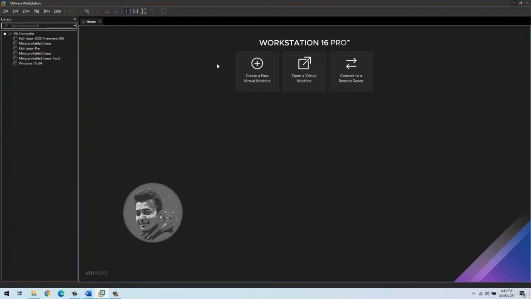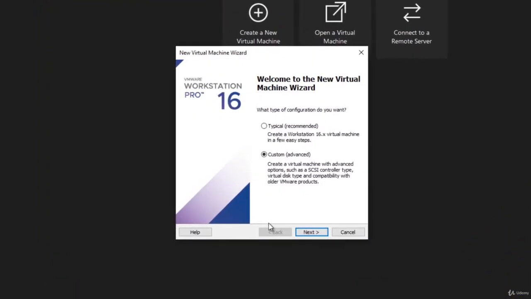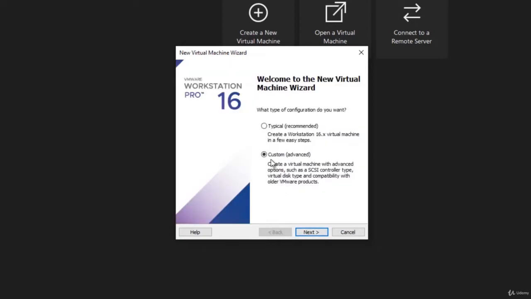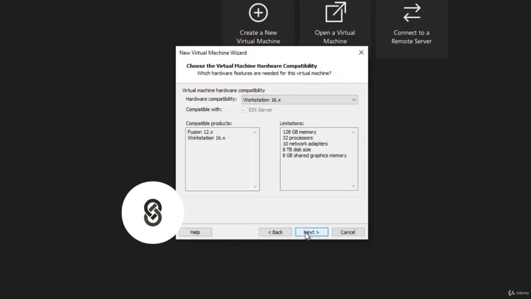the same machine using VirtualBox as well. The process is very similar, so you just have to use VirtualBox rather than VMware. It's up to you, it's your choice. I'm using VMware, so let me create a new virtual machine, and I'm using custom advanced setting, and let's just do next,